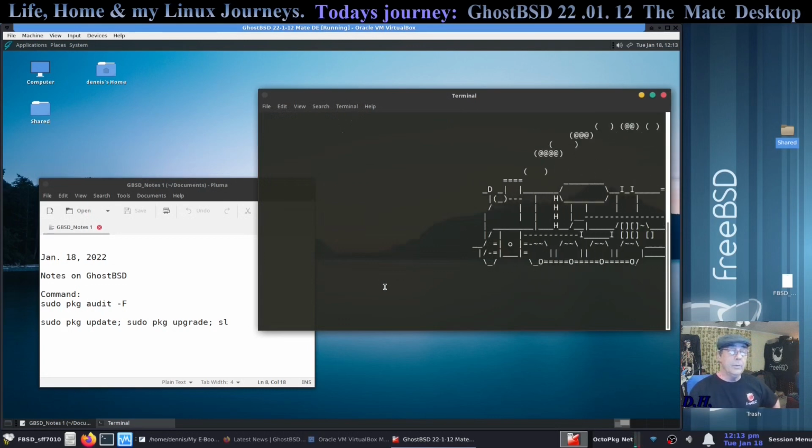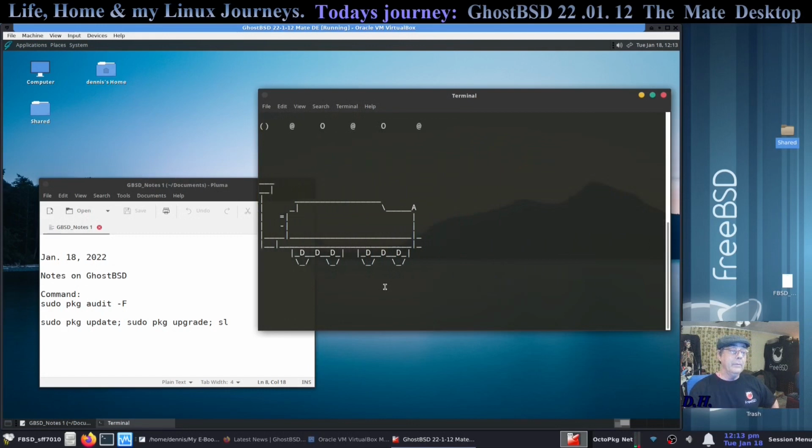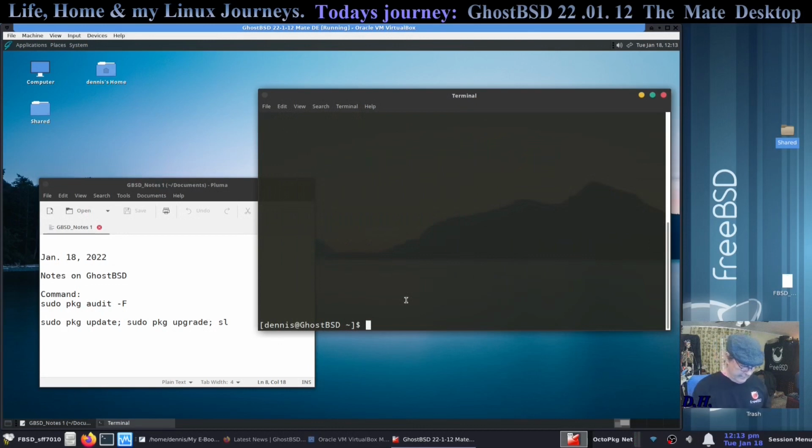You run update, sort of like Pacman -Syy. And the upgrade would be -Syyu. To search, it would be simply pkg search and whatever package you wanted to find. And no Max is available, and I don't see any indication that it is